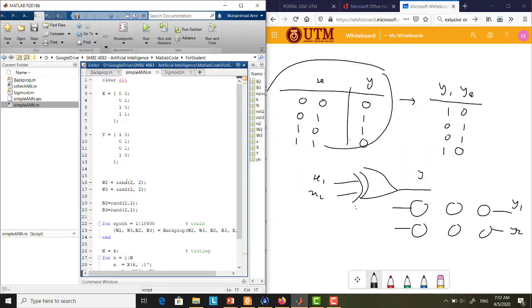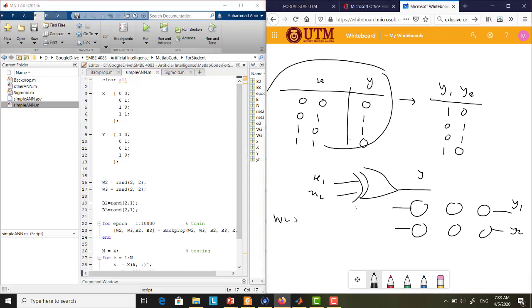I just generate a 2 times 2 matrix, the random number where the size of the random number is 2 times 2. Same goes to the bias. So W2 is 2 times 2, W3 is 2 times 2, and B2 is 2 times 1, B3 is 2 times 1. So at this one, okay, once you implement this code, the W2 is equal to,